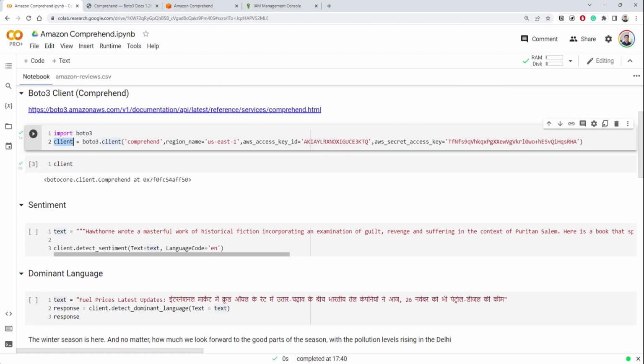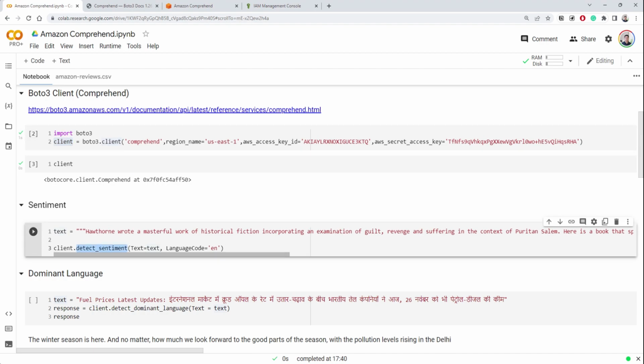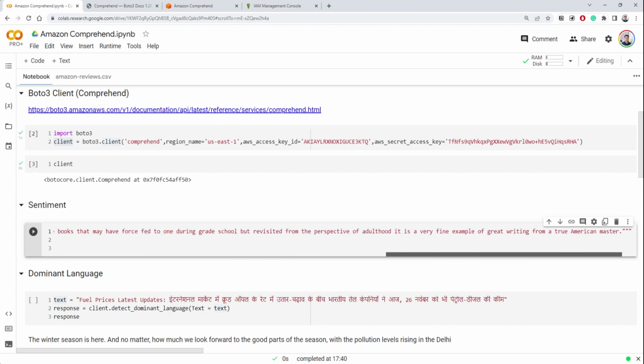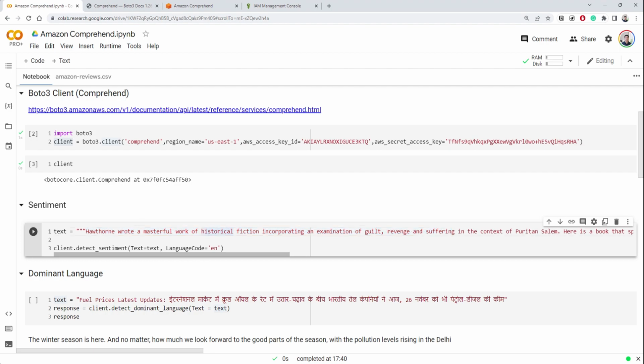Now let's use the first thing. Once you have this client, you can call it anything. I just call it client. Since it is comprehend, it has a function called detect sentiment. You can pass any text. I took this review from the same AWS documentation. It is some review related to maybe some work, maybe some book. So this review we store in the text variable, and then